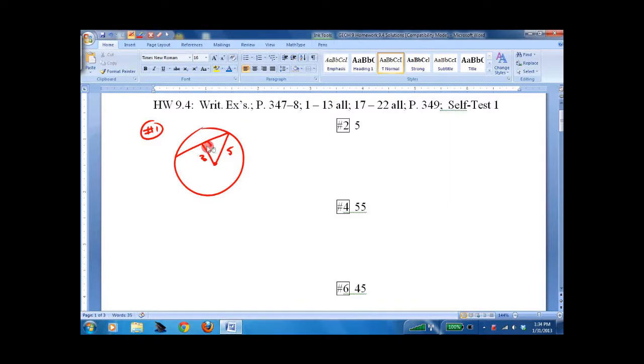So this one asks for the distance from x to y. And if you look at this problem, you should say, well, that's clearly a 3, 4, 5 triangle. So xy equals twice that, 8. Number 2,